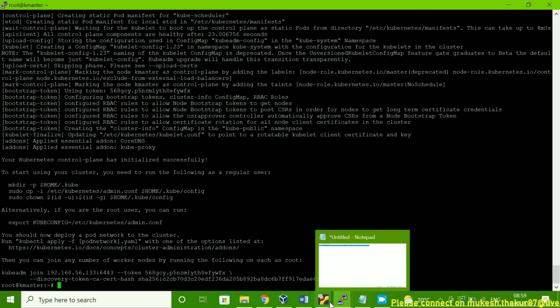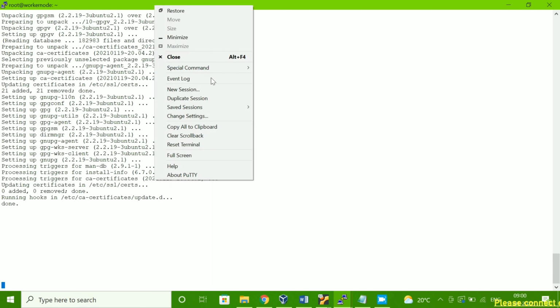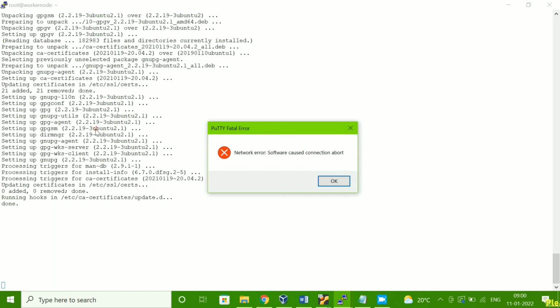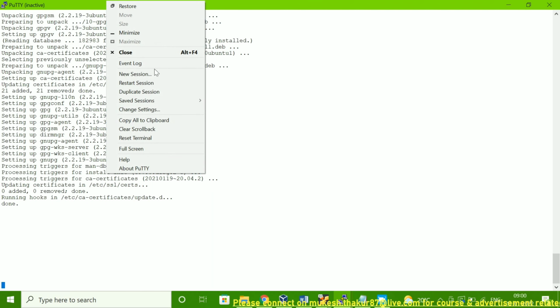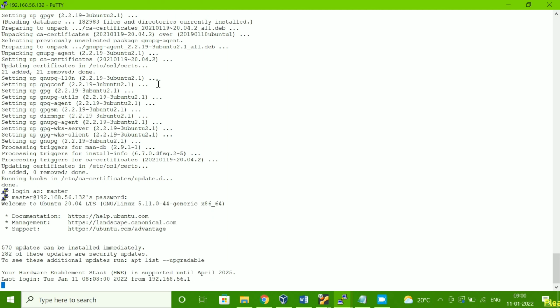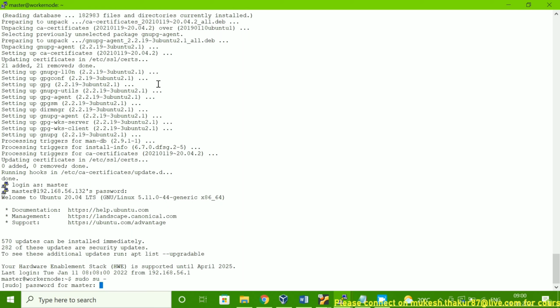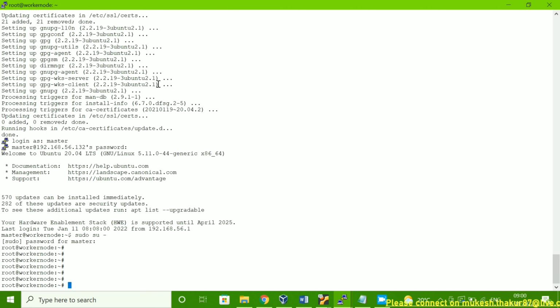Yeah, it came up. Let me log in here now because I have to run a few commands here. Let me restart. Okay, it's my worker node.